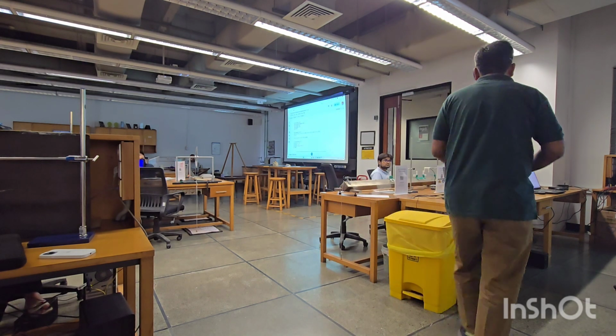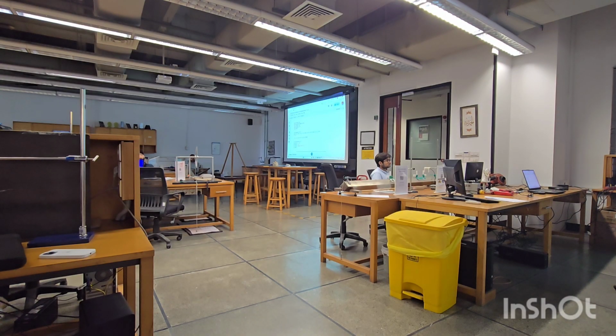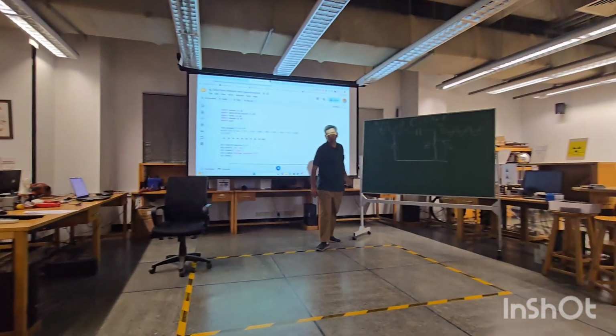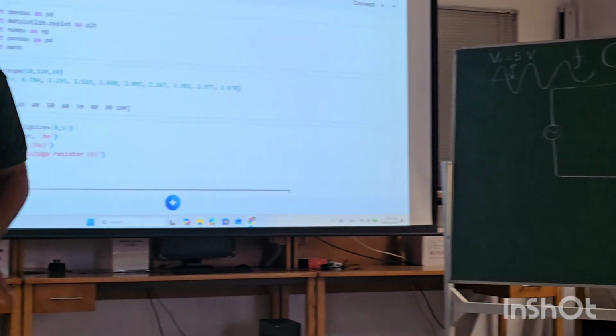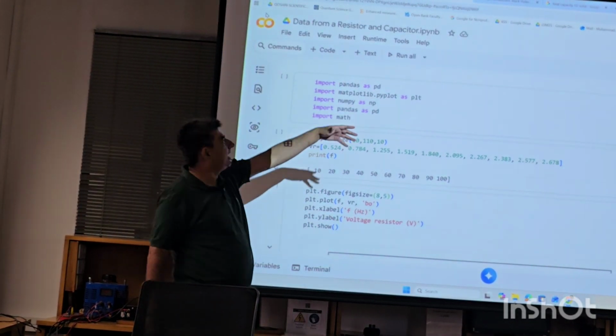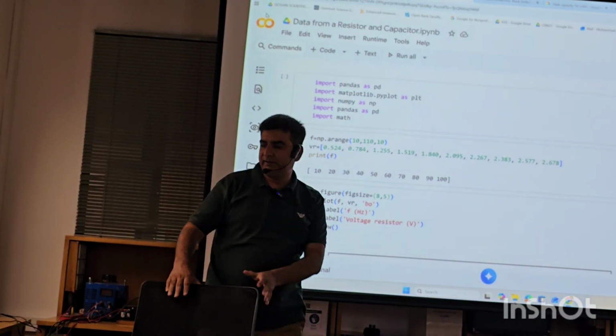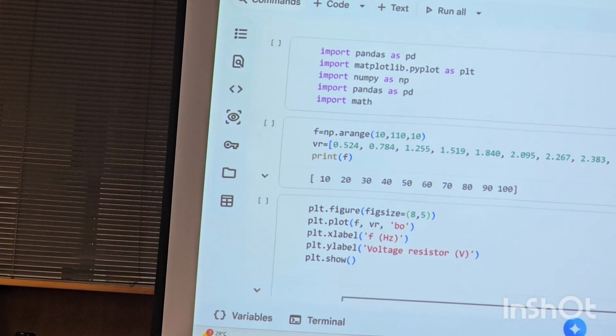So the first thing I would like you to do is focus a little bit on what we have in front of you, and probably this is something you should be able to do on your own. First of all, open your new notebook and initialize, import some libraries so that you can start processing the data. Import these libraries here and input your data into two arrays, one for the frequency